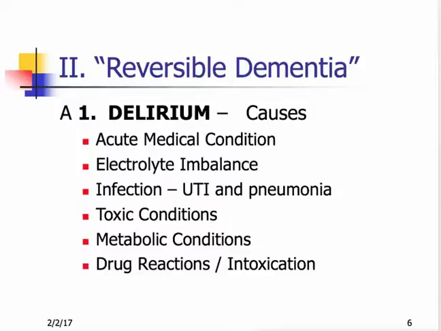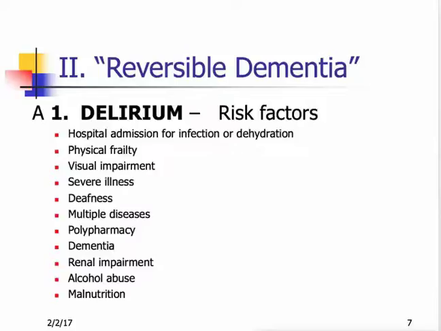Or intoxication. So delirium is one of those things where in the older adult, it could be overlooked. It may be that that patient goes into a hospital. They haven't been in the hospital before, and they haven't been seen, so the person doesn't have a prior knowledge of how they are, and they may put them in that category of having dementia when really what they have is something reversible, delirium.